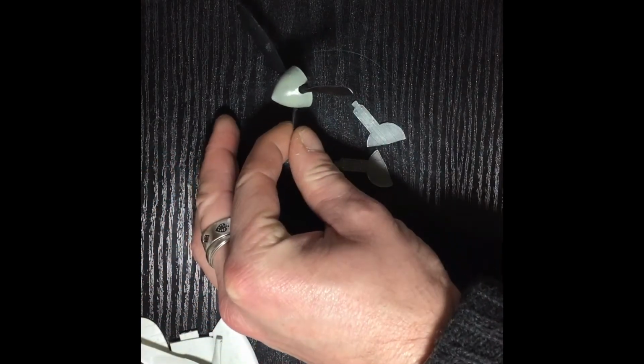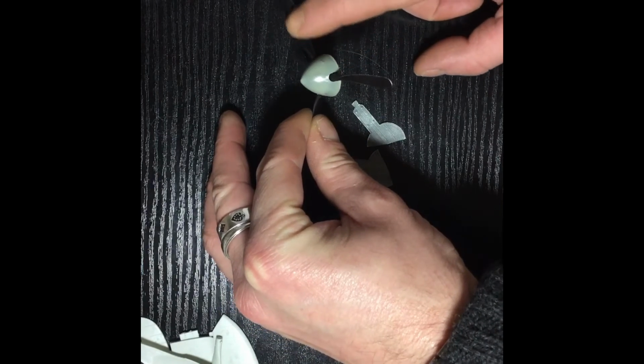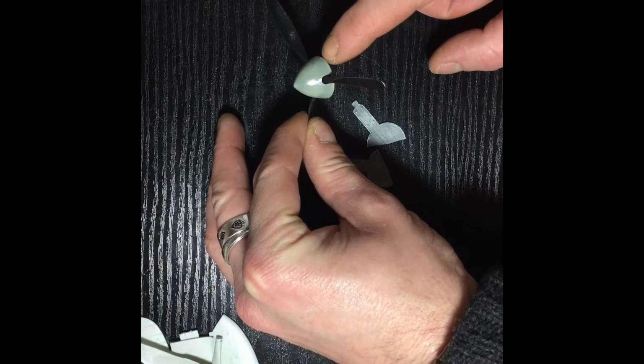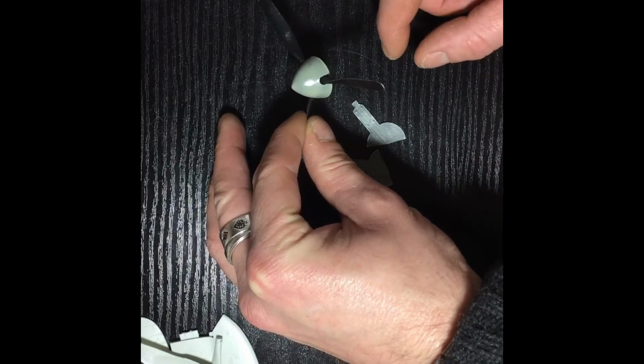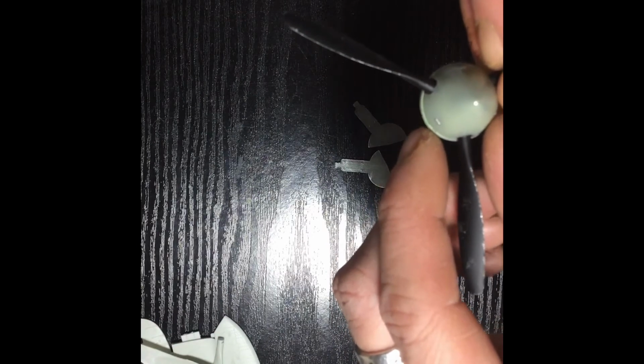It's all fixed. I sorted that out as well because I put these in to here, and I should have painted them then put them in, but I just masked it off and painted it. I put this centre, and as you can see, it's flush there and it's flush there, but then when it goes to there, there's a step in it, but it's flush everywhere else, there to there. So obviously